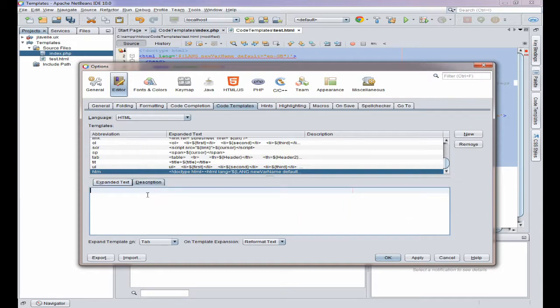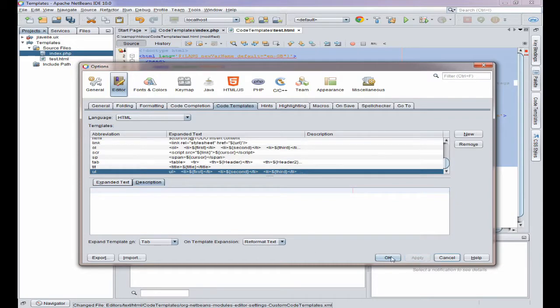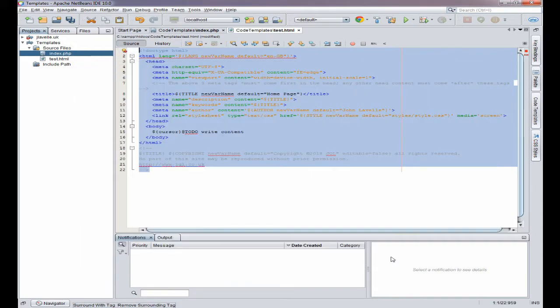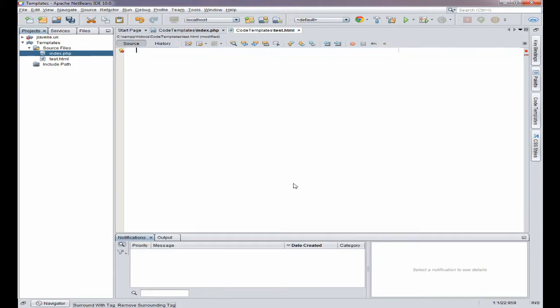Now, give it a description because you'll forget about it at some point. You'll notice there's no context because context doesn't exist within HTML. Click on Apply, and we'll click on OK. I shall just delete that, and what we will do now is we will type in